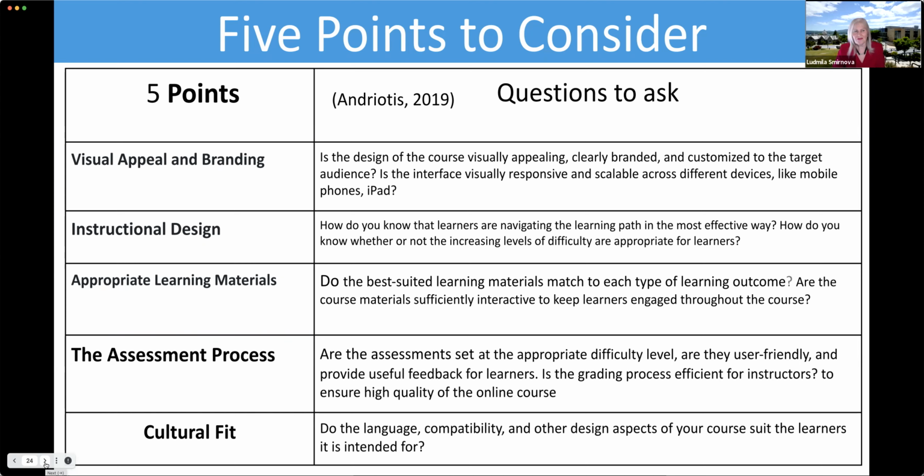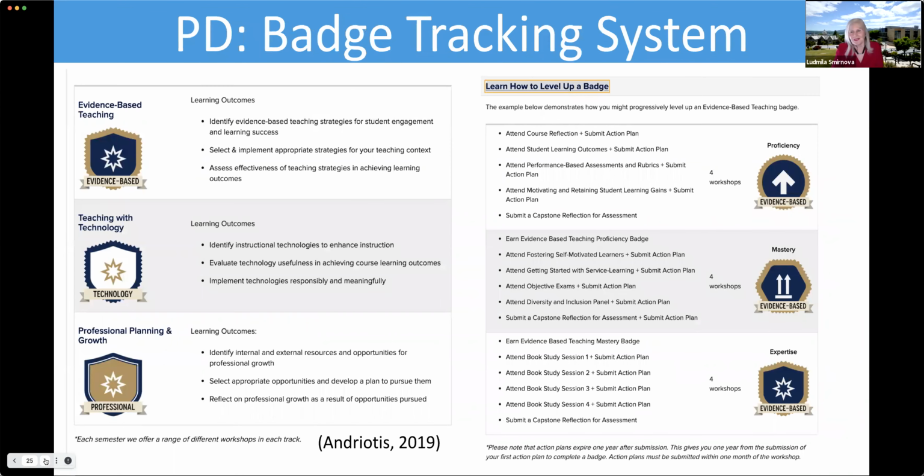So these 5 points, I think, are also good to have in mind when designing the course and then evaluating. I just mentioned badges, and Nelly is actually almost an expert in badging. I remember when we were designing Moodle courses, we also used a badging system. So Nelly, would you like to comment?